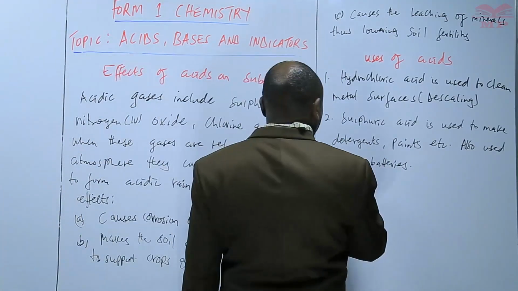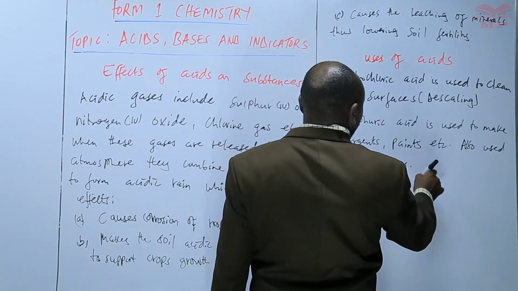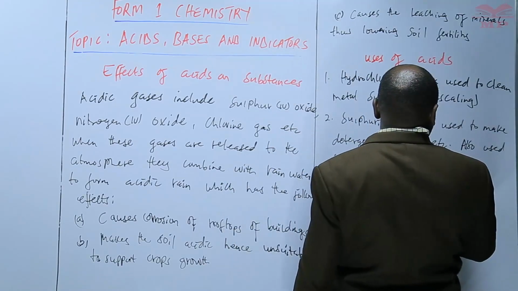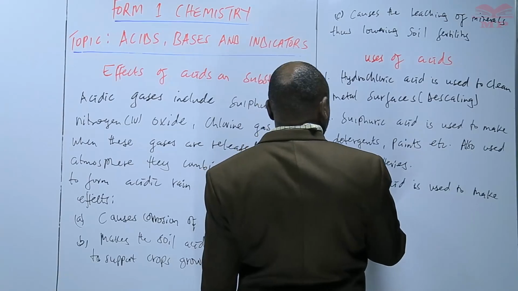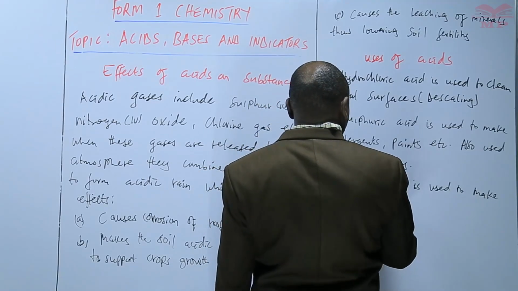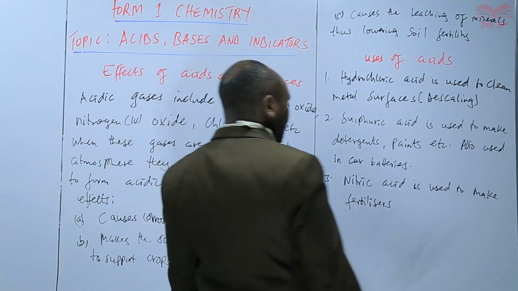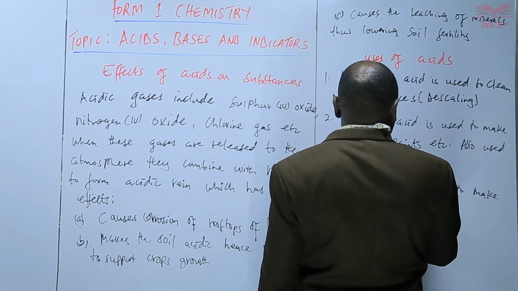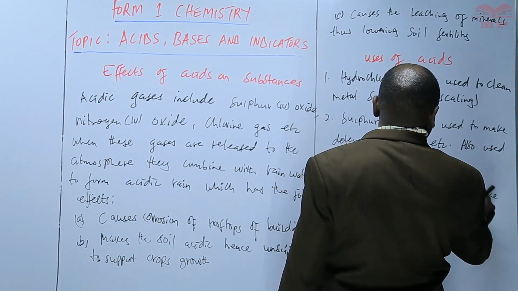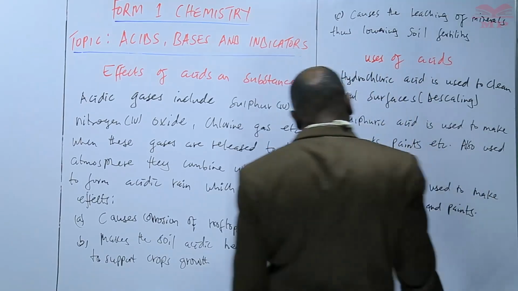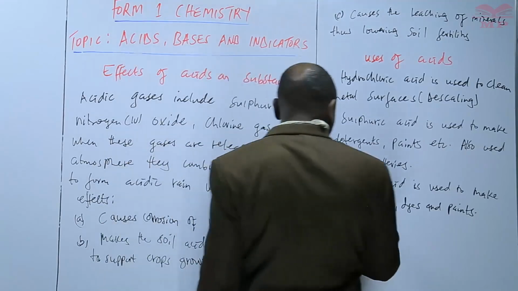Then we have nitric acid, which is used to make fertilizers, dyes and paints as another use. We have acids such as ethanoic acid,